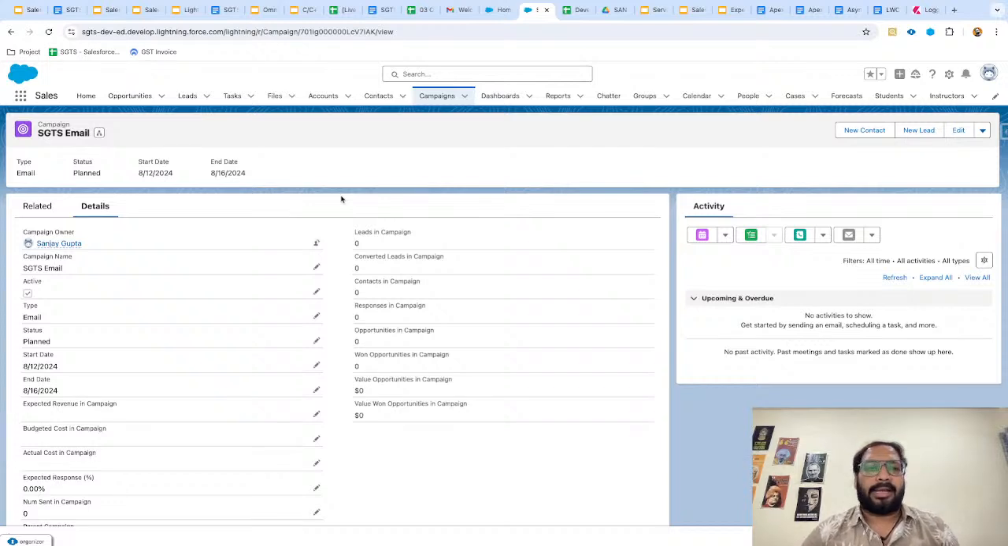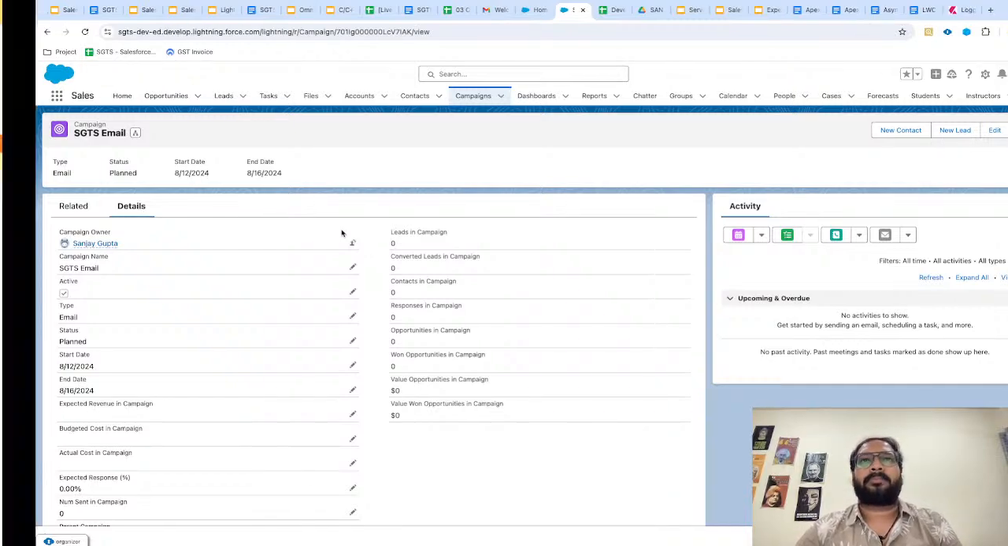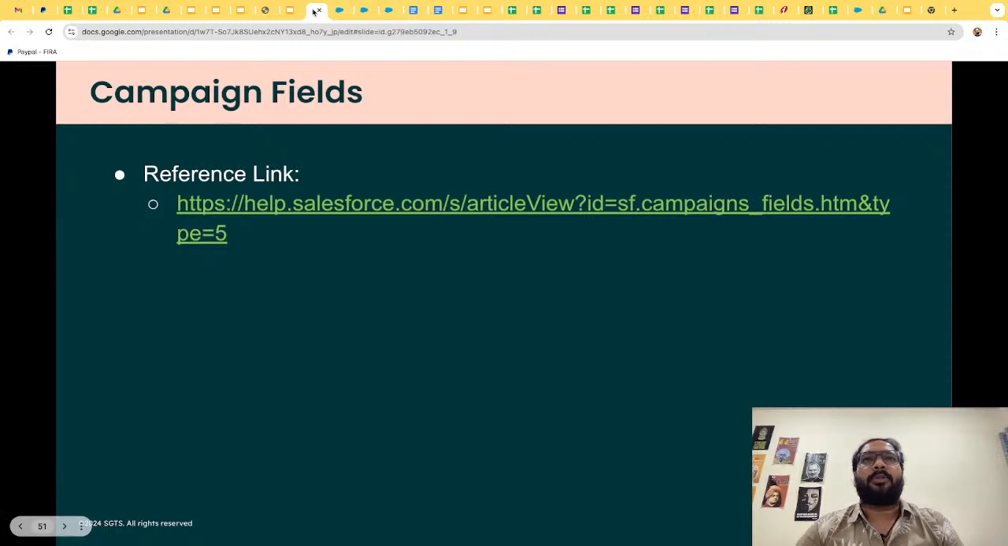So basically SGTS planned that we need to do email campaigning. So I created an email campaign record, and now whatever leads or contacts I will be generating, those records I will be creating separately, and then I can add those contacts and leads to this campaign. Right, so moving forward,